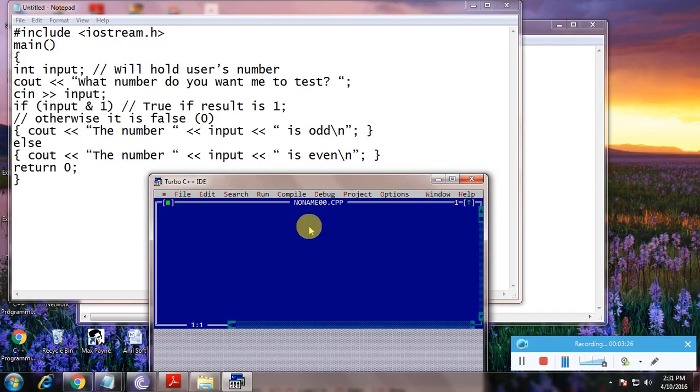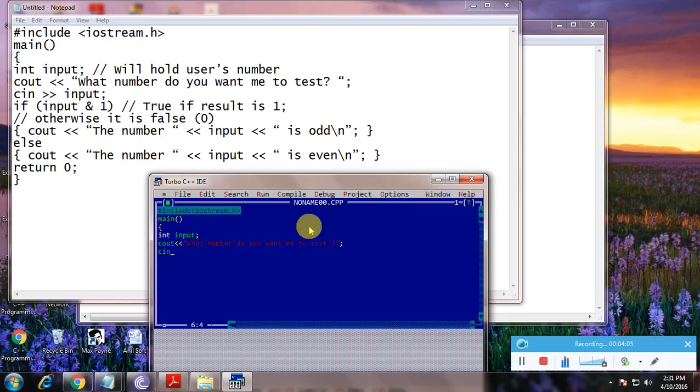Now we type the program. Hash include iostream.h, now main, int input. Now cout, what number do you want me to test, and close that.